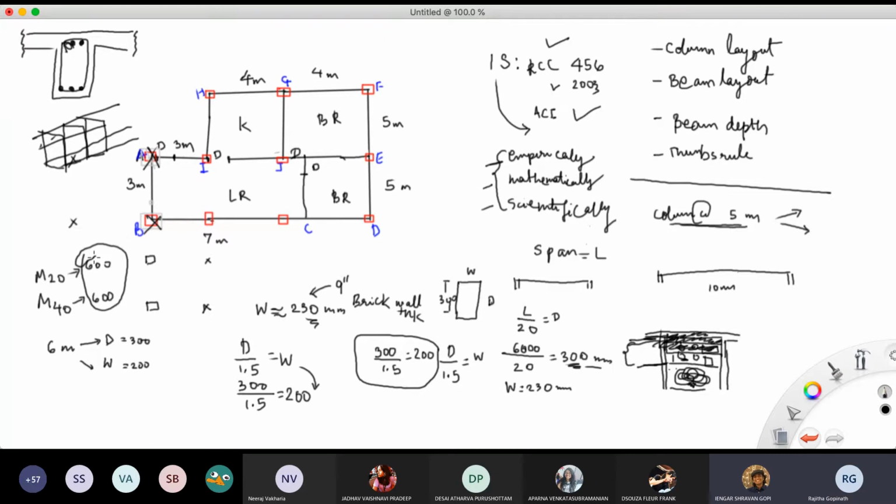Oh, okay. I understood what you mean to say. So you mean this D by W, whether it matters or not, right? That's a good question actually. Why should we worry about the aspect ratio if we are giving that the total surface area is this much? So is that okay or no?